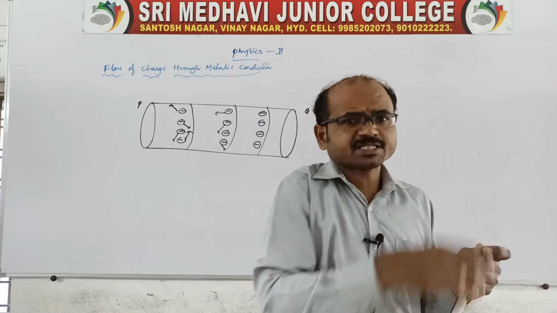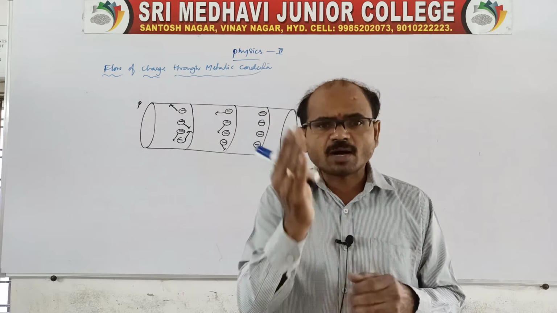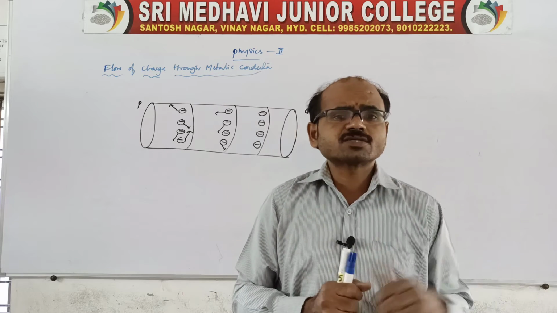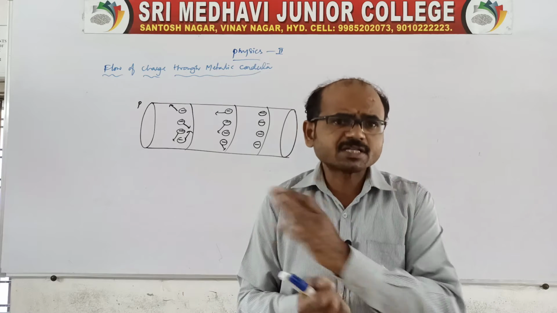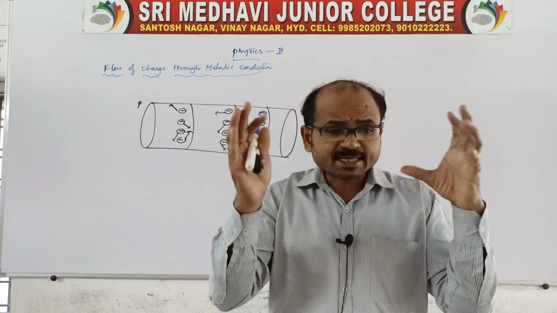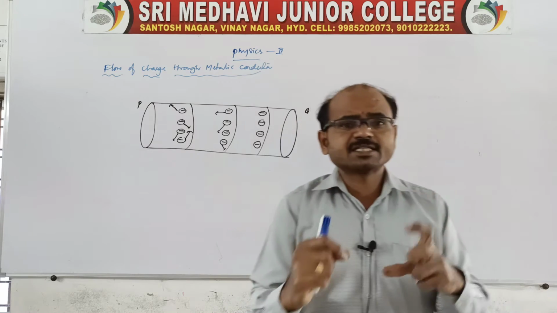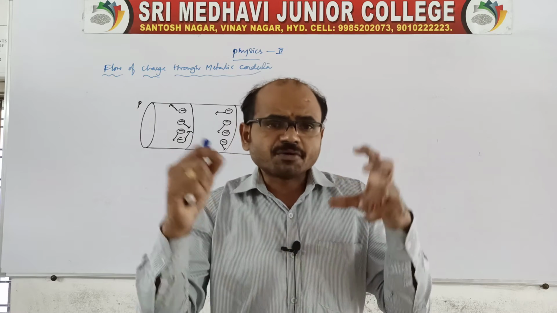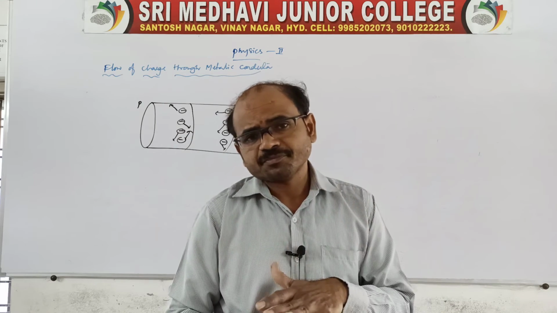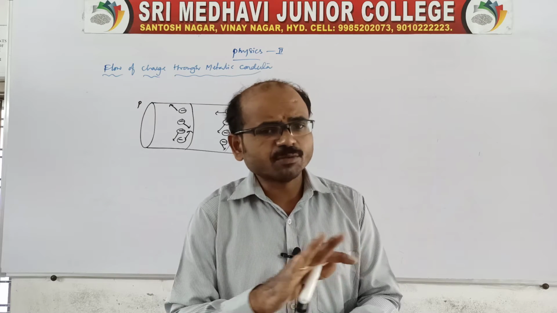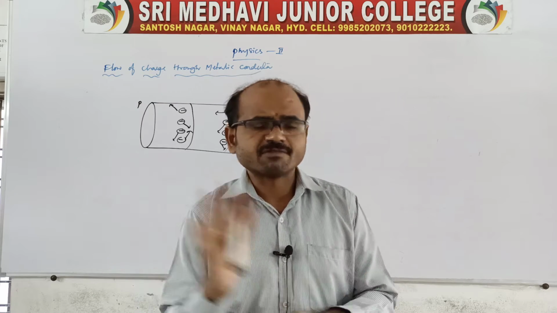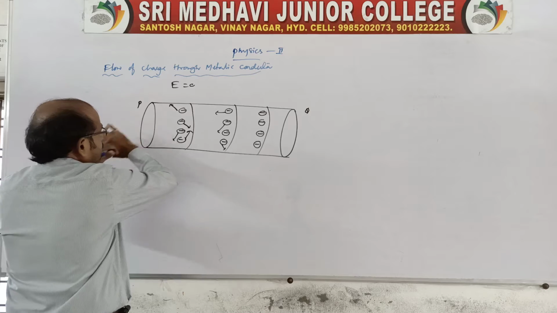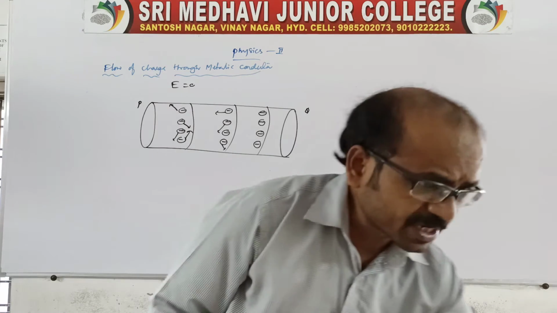If all are moving in one direction, there will be a current flow opposite to the electrons, because current moves opposite to the flow of electrons, or the positive charges move opposite to the electrons. But at a given place, under thermal conditions and due to the temperature effect, all electrons are in random motion. If they are in random motion, there will not be current flow, because in the absence of electrical field intensity, no electrical field intensity is applied. Is there any applied electrical field intensity?